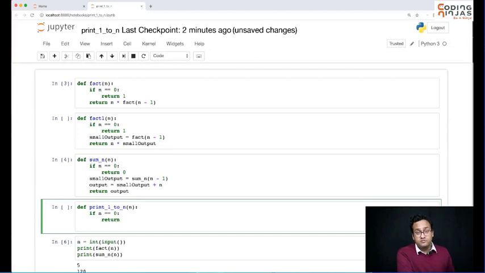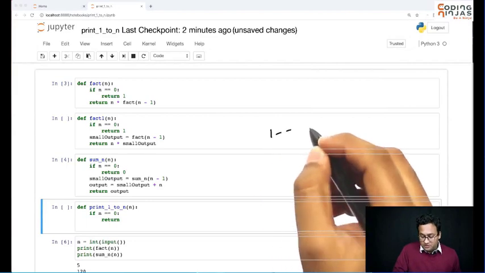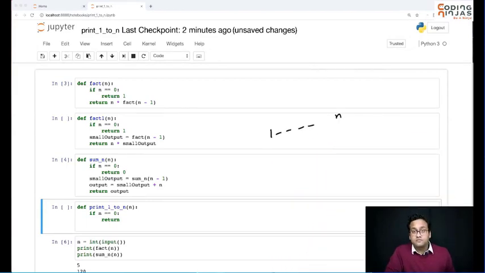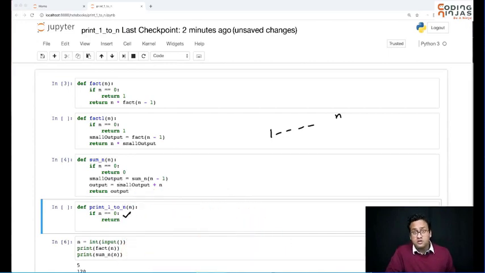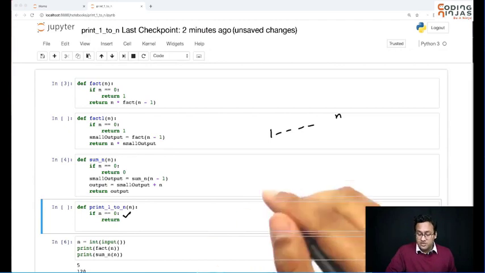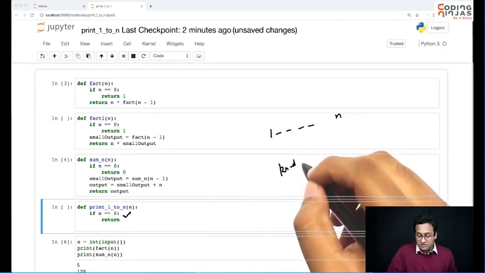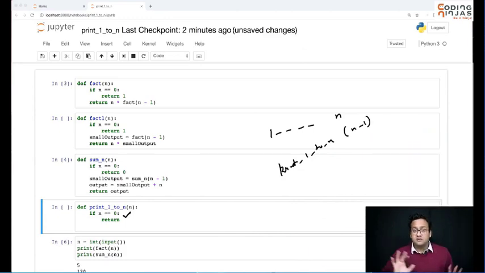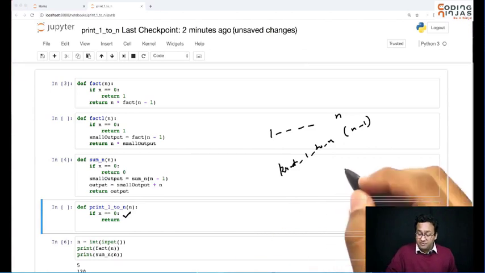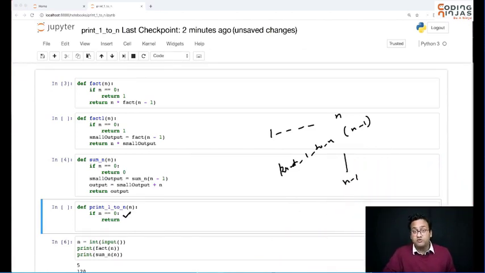Otherwise, what do you need to do? You want to print numbers from 1 to n. I've taken care of the base case. I can assume that the function will work for n minus 1. That means if I call this function with n minus 1, it will print till n minus 1. And if it prints till n minus 1, what do I need to do next? I just need to print n.